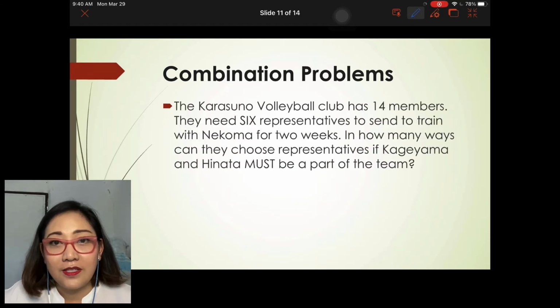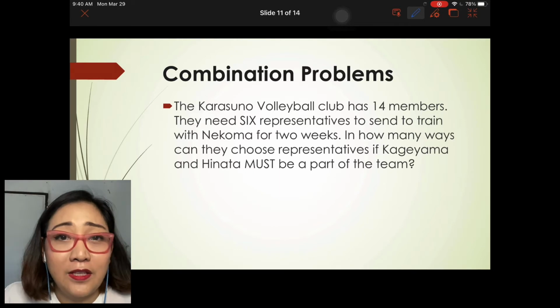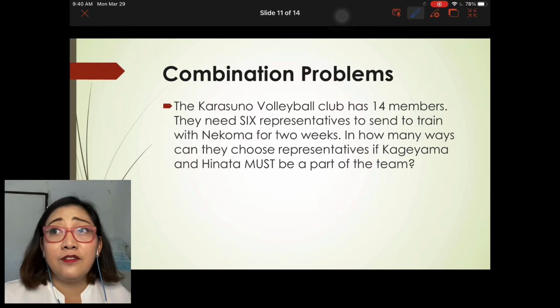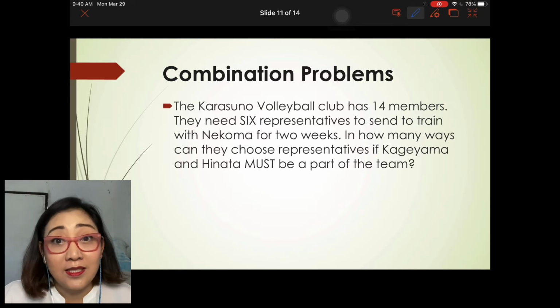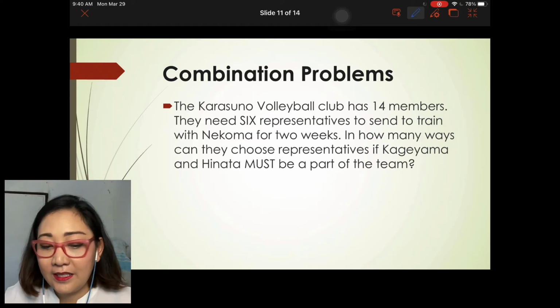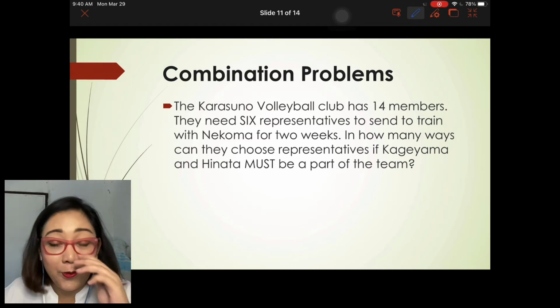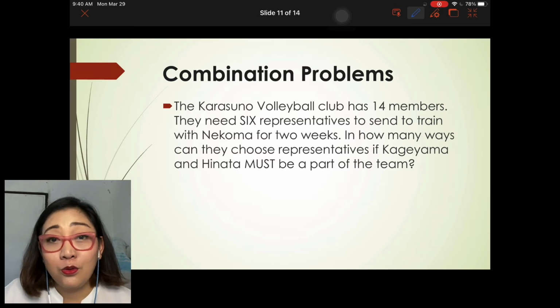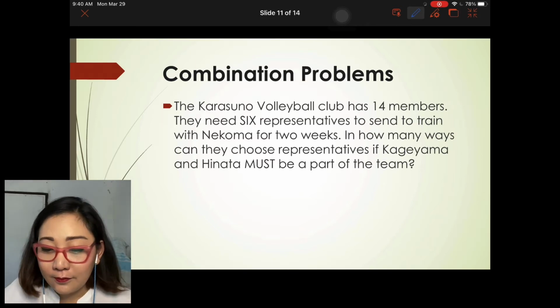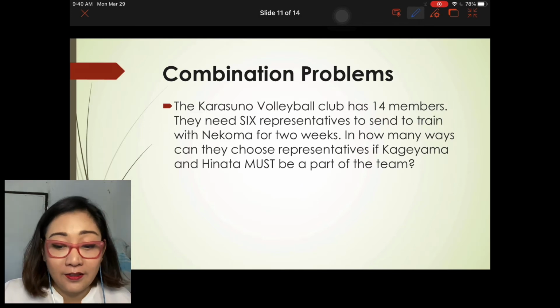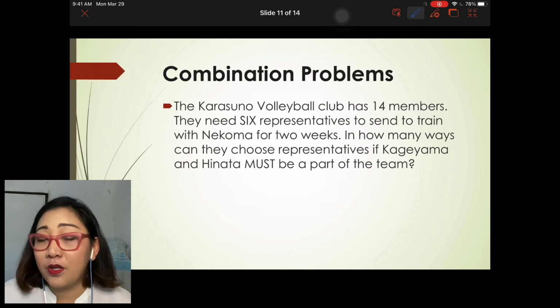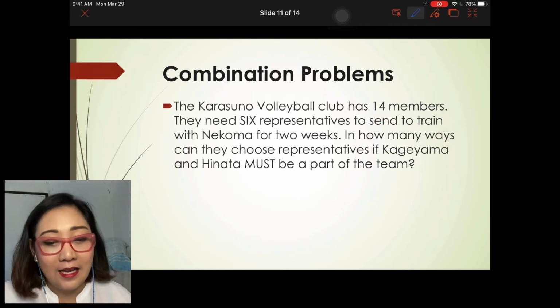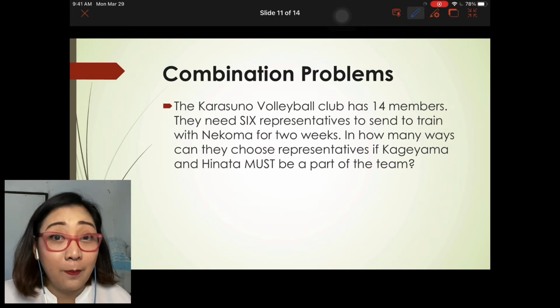So, I have another example here. This one is a specific type of combination. What if you have specific choices? Okay? So, let's say that the Karasuna Volleyball Club has 14 members and they need to send 6 representatives to train with Nekoma. And they have to choose their representatives. In how many ways can they choose their representatives if Kagayama and Hinata must be a part of the team